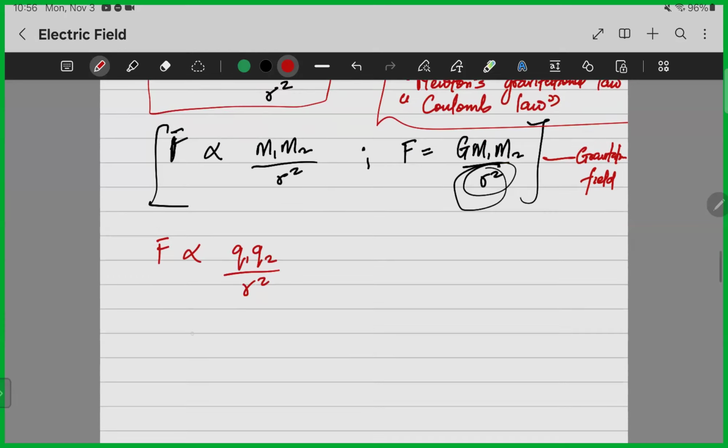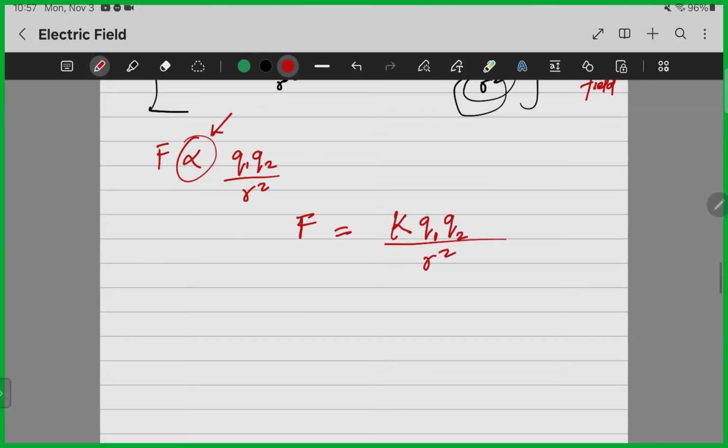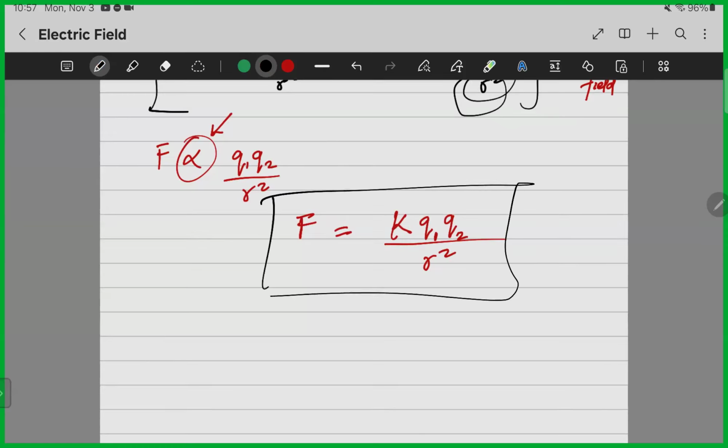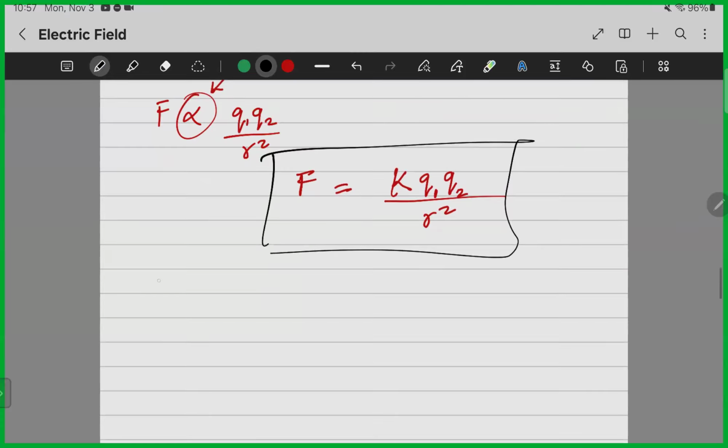So we can quickly introduce the constant of proportionality. We now change the proportionality to equals, and in the electric field, the constant of proportionality is K. So we have F equals K Q1 Q2 over R square. This is actually Coulomb's law. We can establish that K is equal to 1 over 4 pi E naught, where E naught